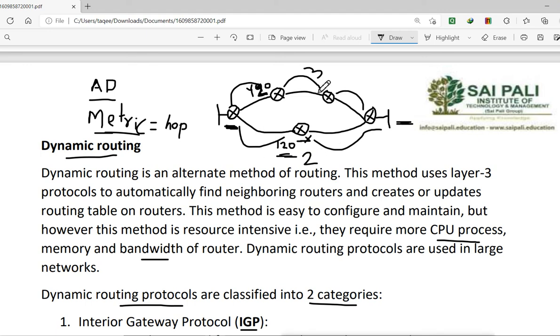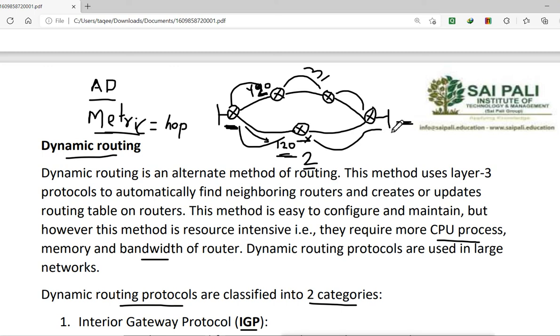Based on the numbers, 3 and 2, 2 is better, so this router will choose this path to reach the destination network. It will not go from the other path, because as a distance vector protocol it uses distance and direction as the metric, and the metric for RIP is hops. So it will go from here.